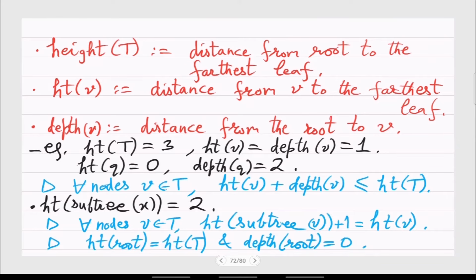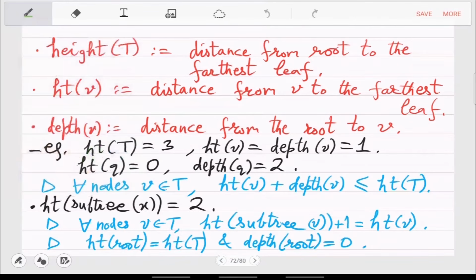So some corrections here. So this I have added now this part plus 1. So for all nodes V, the height of V is height of its subtree.